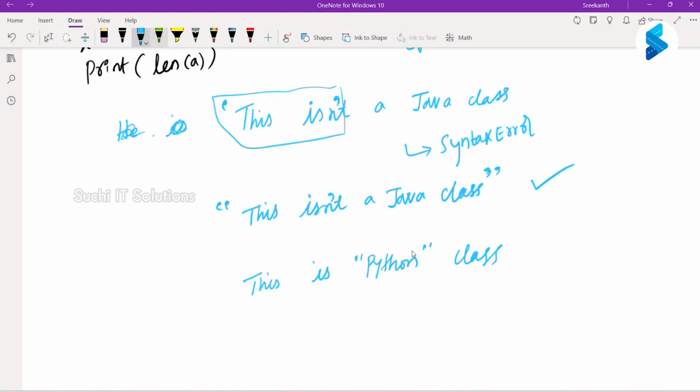If I have to do this, then I cannot start my string with a double quote because I'm already using a double quote within the string. So then I will start with a single quote. Hence I'm allowed to use a double quote in the string. Are we clear? Clear.